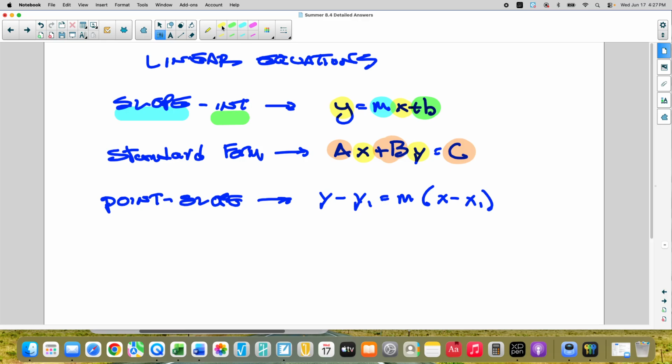Point slope form. So this time we definitely have our points, x and y, much like xy here is definitely a point. And then you have a secondary point,